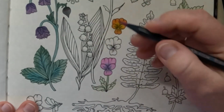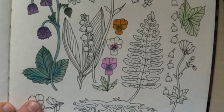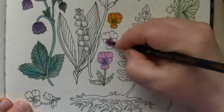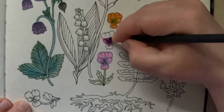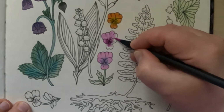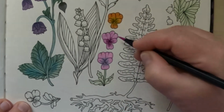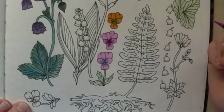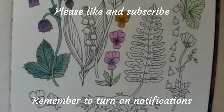So we will take the Ruby Rose, it's the darkest color, and color here in the middle of this flower. So the Ruby Rose. And again, they are also very easy to work with here, these Black Widow pencils. No pencil dust. But you can also see that 1 layer here is not enough to cover the paper. You can still see a lot of the paper here through this color, so we will have to add another